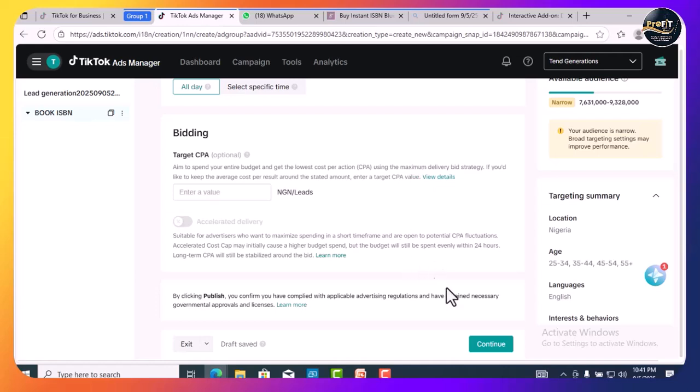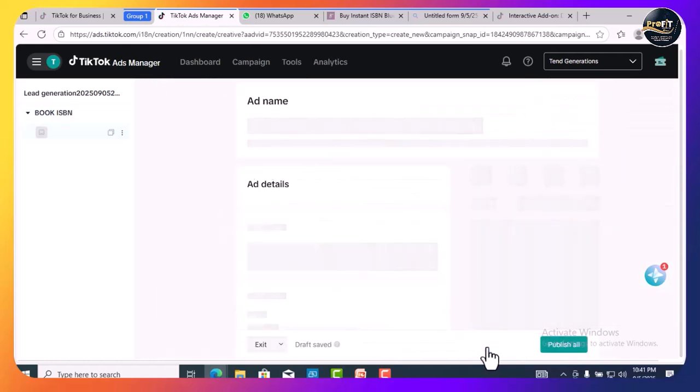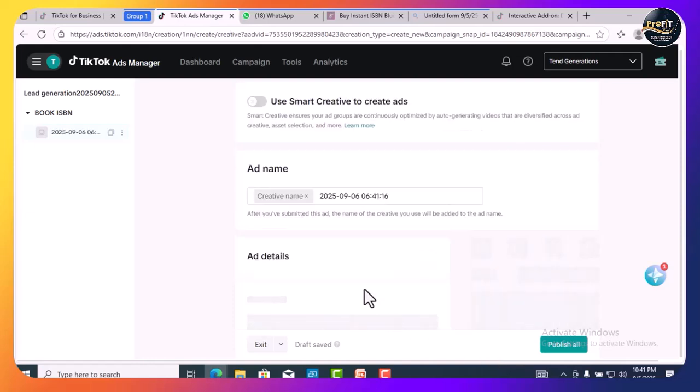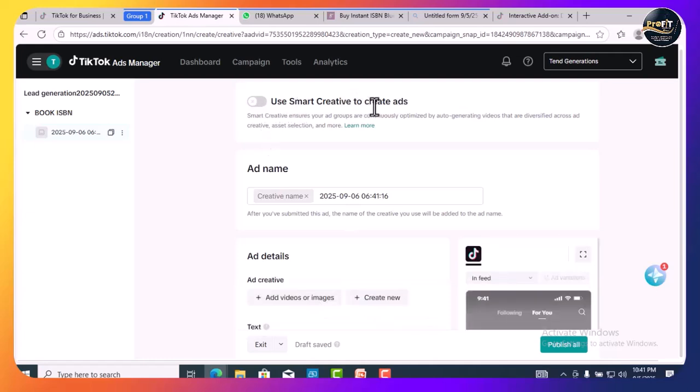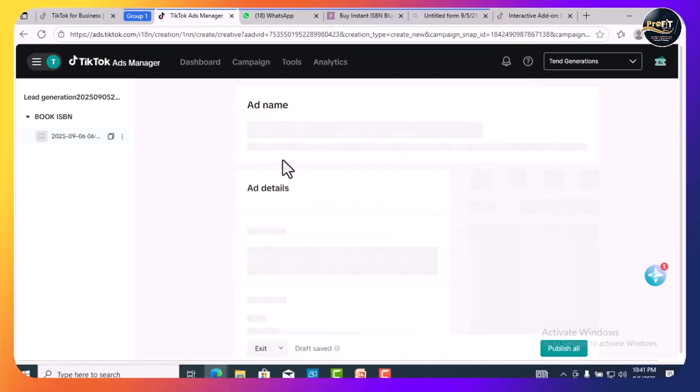We head over to the next, so we click on continue, and the next will be about our form, and we do that under this place. So we have the option to click on use smart creative to create ads, or we just leave it out. If you turn it on, then you have to run with their own system, but I don't want that, so we'll turn it off. Okay, let's use our own. All right,